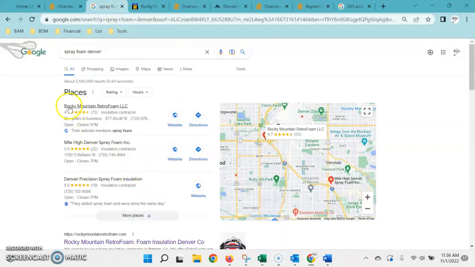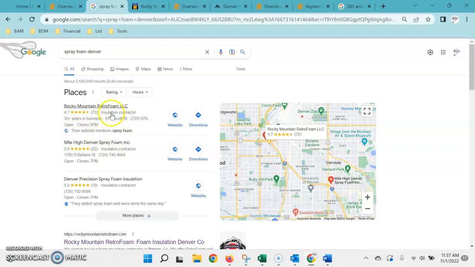So then if we go back to our search, the first thing that's going to come up is what's called the Google Map Pack. Now this is a pretty important area to try to get into, because a lot of traffic will come to these sites since they're listed at the top of the page. To get listed in here is free. You just need to fill out and optimize your Google Business Profile, which is part of the Maps app, so you can do it right from a smartphone.